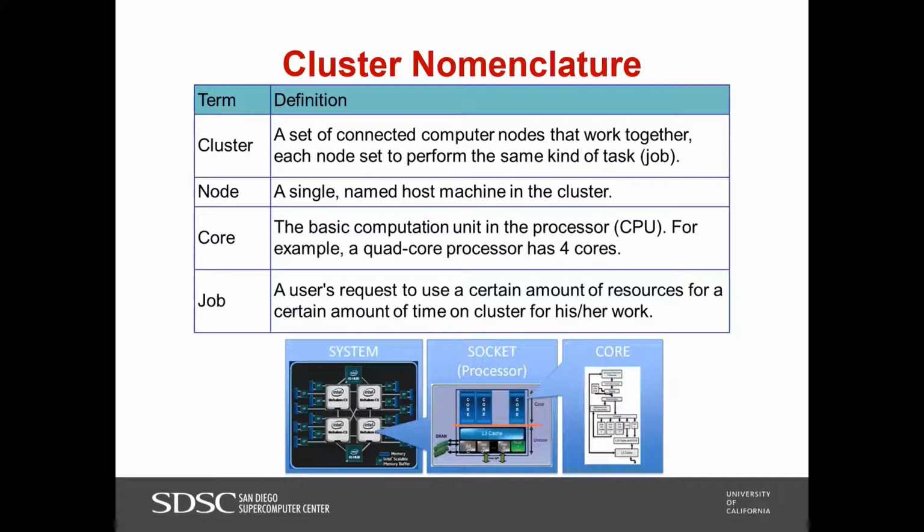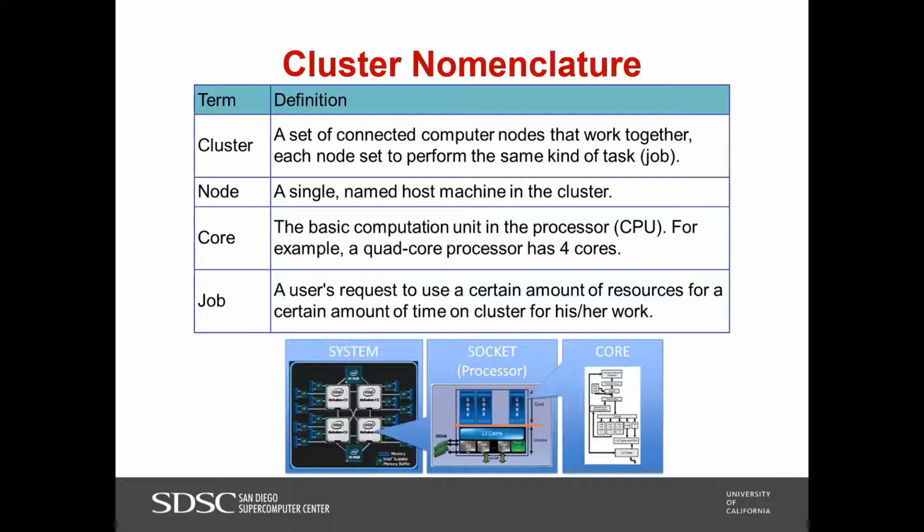A cluster is a set of connected computer nodes that work together, and each node is set to perform the same kind of task. And we also have nodes on a cluster. The node is a single named host machine in the cluster, and inside each node we have cores, or CPUs. We sometimes refer to them as CPUs or processors, and it is the basic computation unit.